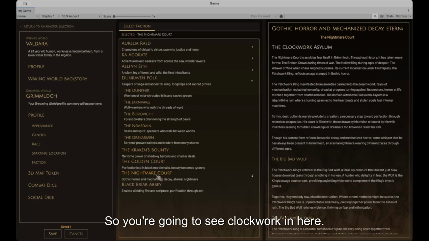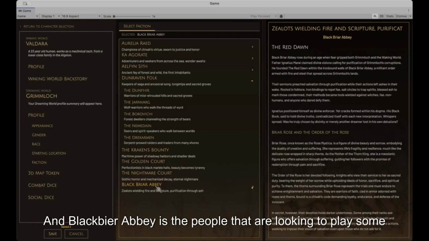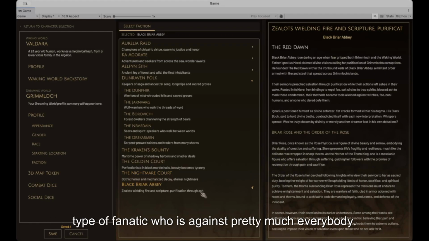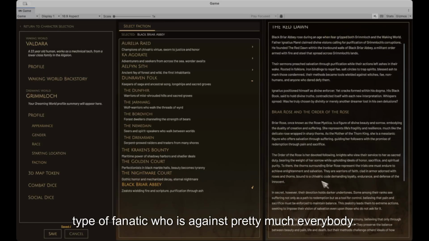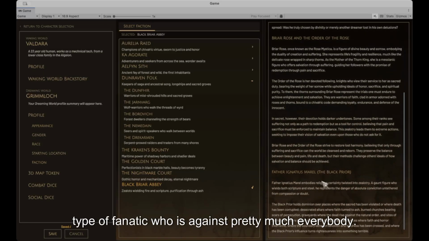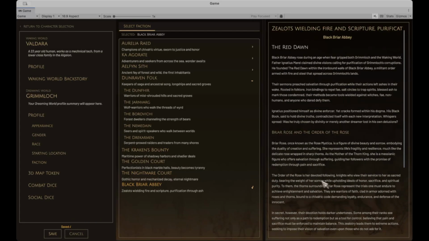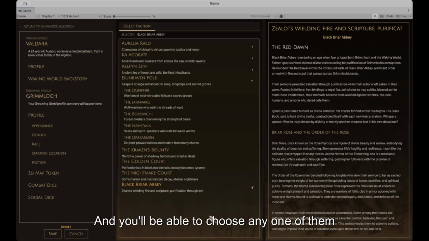So you're going to see clockwork in here. You're going to see people playing wind-up dolls. All of that element comes into this. And Blackbriar Abbey is the people that are looking to play some type of fanatic who is against pretty much everybody. So those are the 8 canon factions, and you'll be able to choose any one of them for your character.